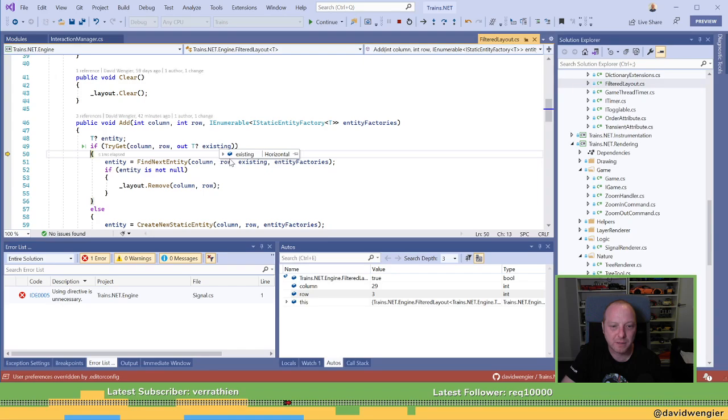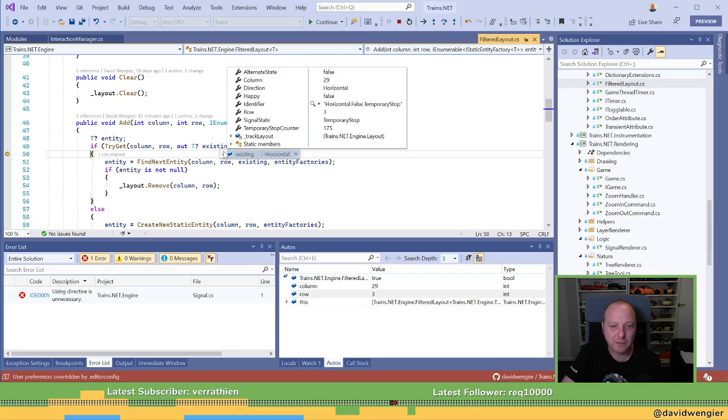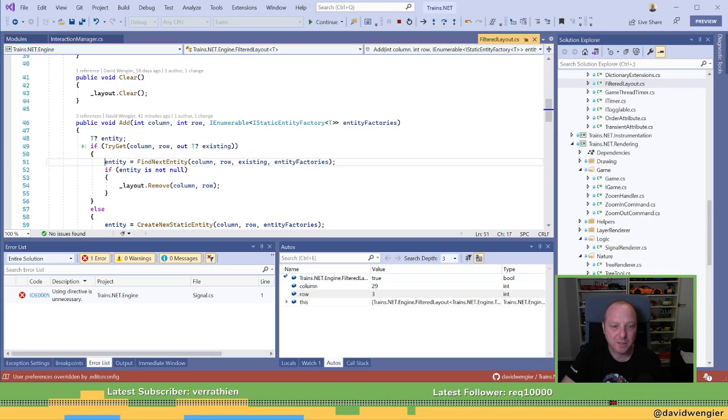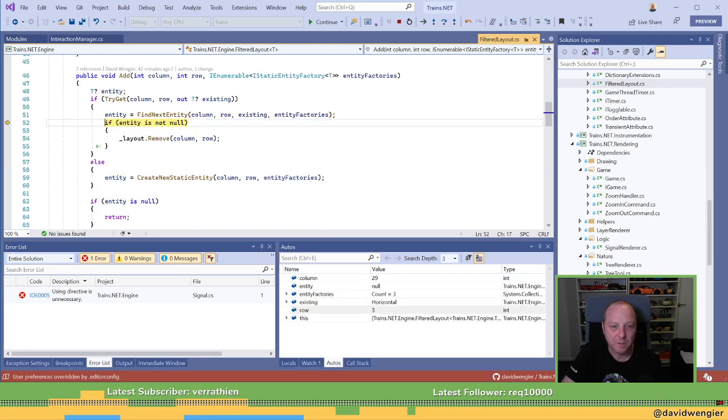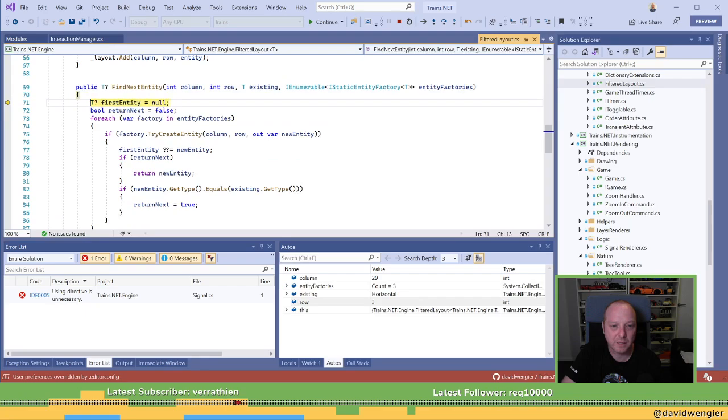So we found a signal, presumably. Yes, signal state. I need to fix the debug display here. I'm going to get the existing one. Oh, it's null. Okay.